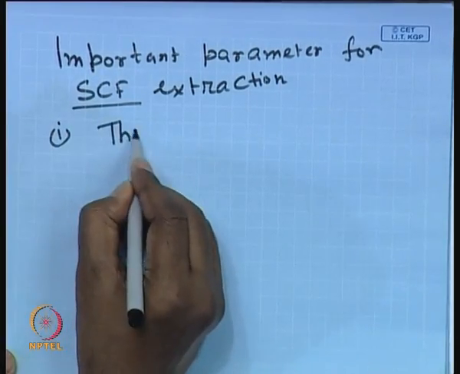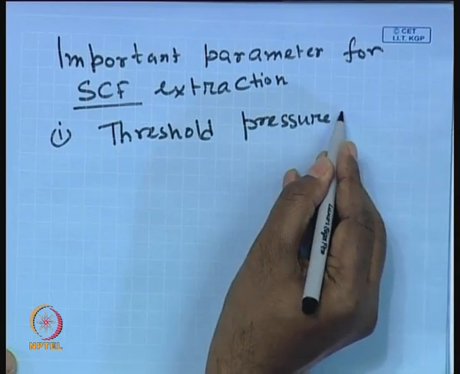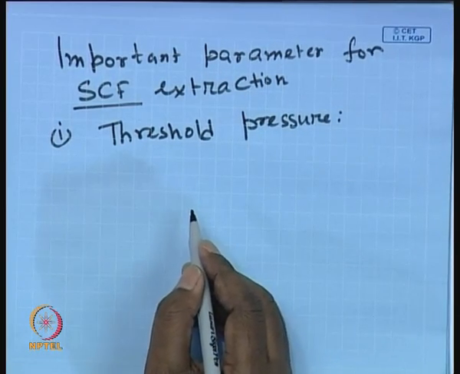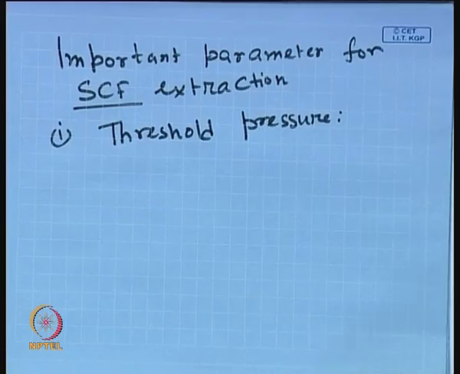Number 1 is threshold pressure. What is the threshold pressure? At normal pressure and temperature condition, the miscibility of the solute and the solvent gas will be 0, almost there is no miscibility. If you go on increasing the pressure, beyond a particular pressure onwards, the solute becomes soluble, it becomes miscible, that means its solubility increases in the solvent. The particular pressure where the solubility just becomes some value apart from 0,